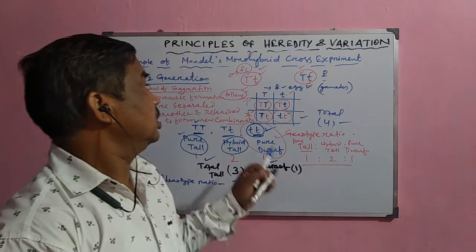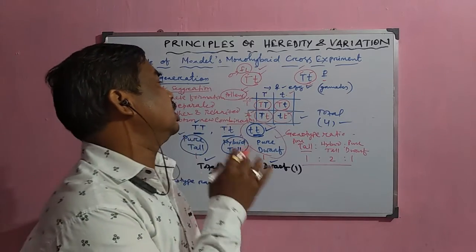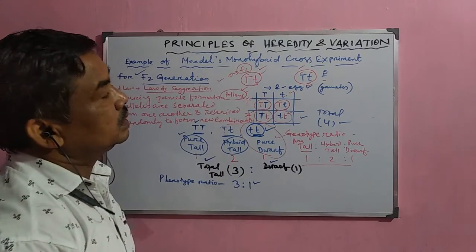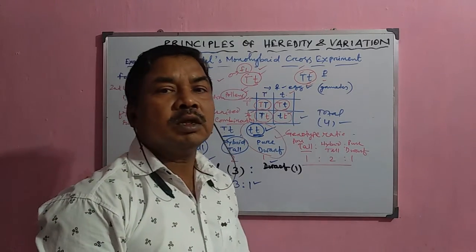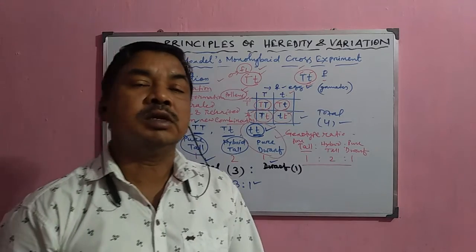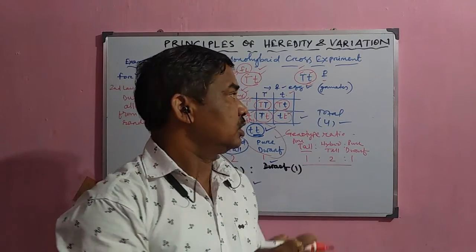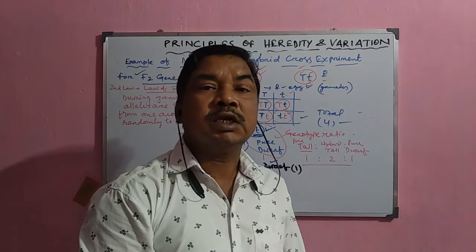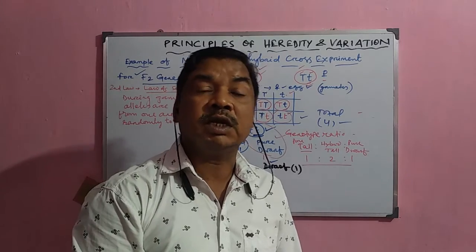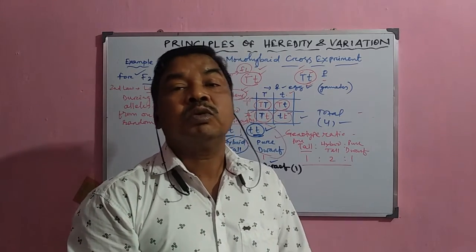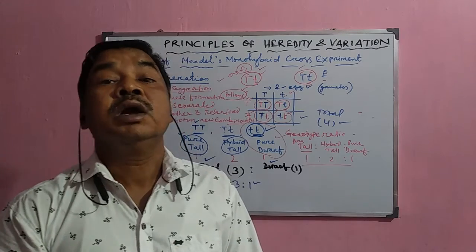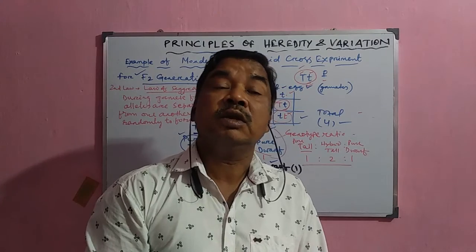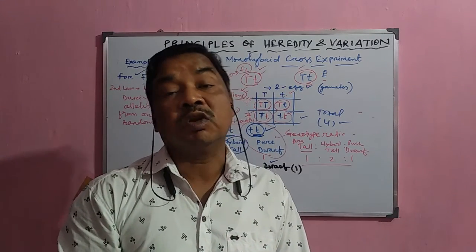Now, from this, it is known that the monohybrid cross experiment is important for the law of dominance and the law of segregation. Now, there is another cross also conducted by Mendel to test the type of alleles present. Suppose it is capital T small t or capital T capital T, whether it is a pure dominant variety or a hybrid dominant variety, how can it be verified? So it was verified by conducting another important experiment called the test cross experiment.